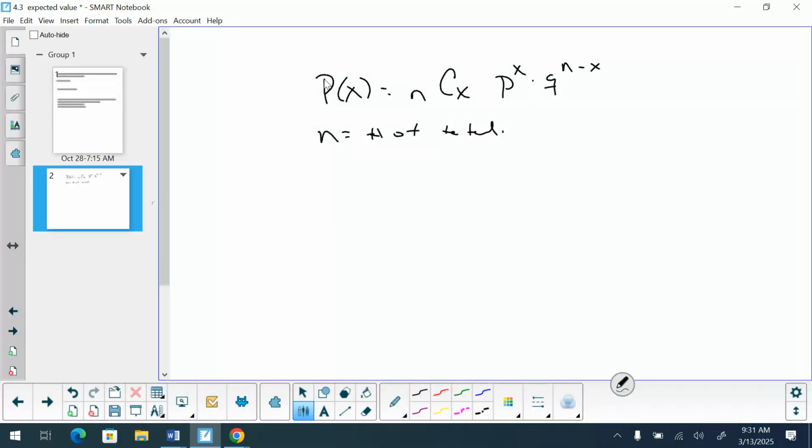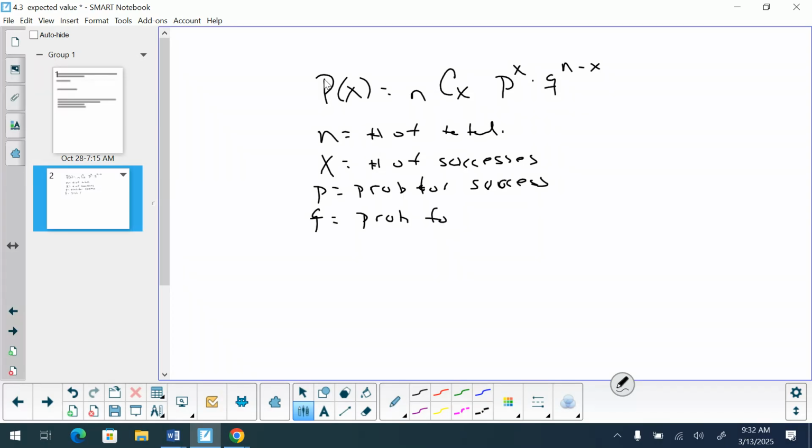So your n is your total number of whatever you're dealing with here. X is the number of successes that you want, that you're desiring. Okay, so you want to find the probability of that occurring. P is your probability for success. Q is the probability for failure